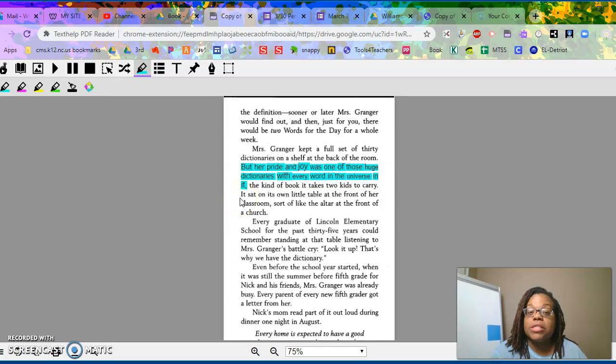It, referring to the dictionary, sat on its own little table at the front of her classroom, sort of like the altar in the front of the church. Right here, it is comparing where and how Mrs. Granger's dictionary sits to the altar that may be at the front of the church. So if I'm looking at my answer choices,